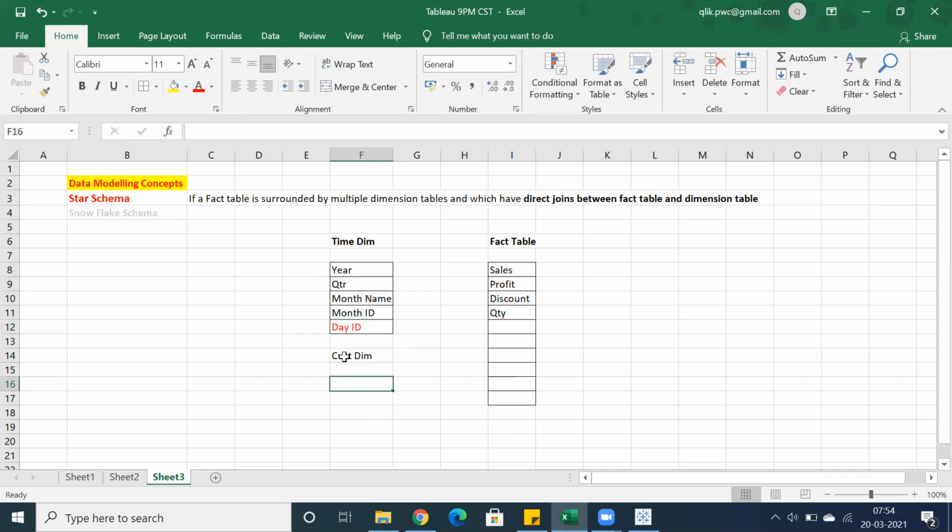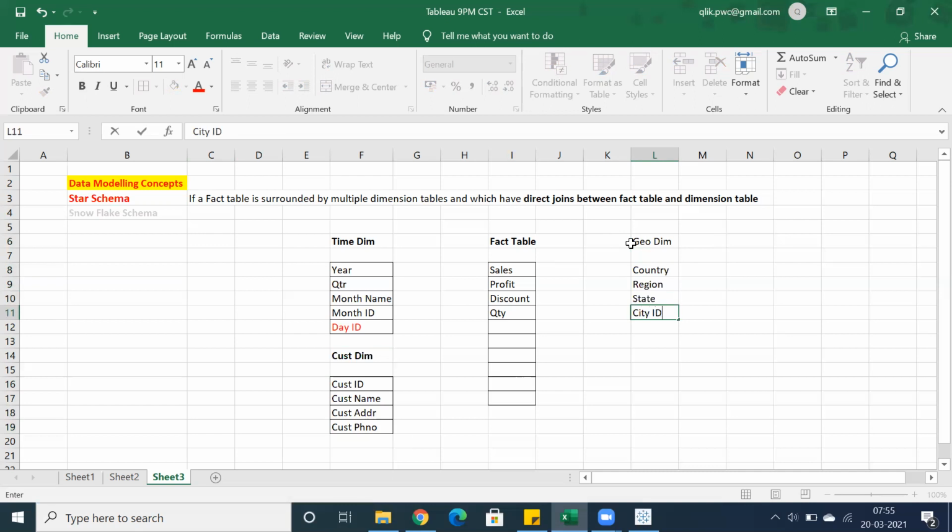we have customer ID, customer name, customer address, customer phone number, and you can consider another table like geographical table, geographical dimension data, that is country, region, state, city.